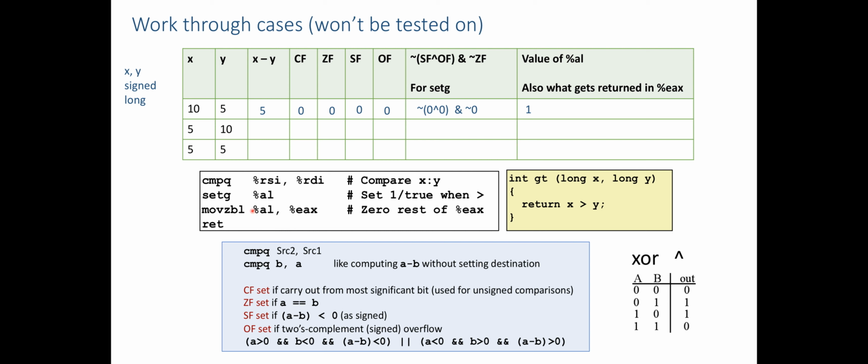The good news is that as long as you know that you're comparing this to that, set G will tell you whether this is greater than that. So the main thing is to know that. You're not going to be tested on knowing each of these individual expressions for the condition codes. You're going to need to make sure you understand how that set G is used with this compare to tell us whether that is greater than that. So that's the main thing you're going to have to